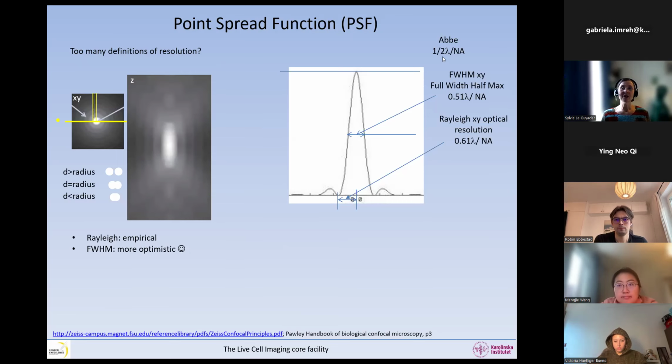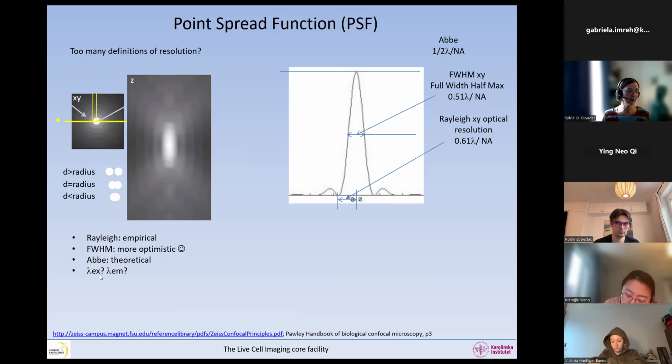The Abbe equation is half of the wavelength divided by the numerical aperture. And that one is theoretical. So it's sort of the limit of, it's a very limit, but it's really a calculation. And then we have